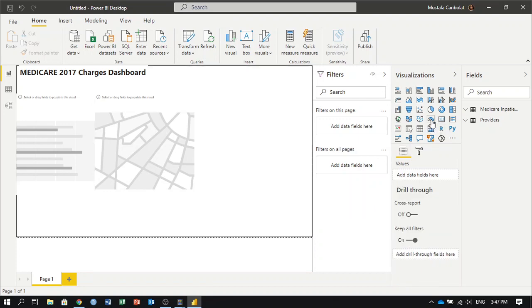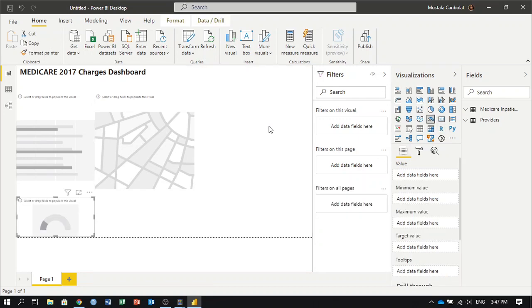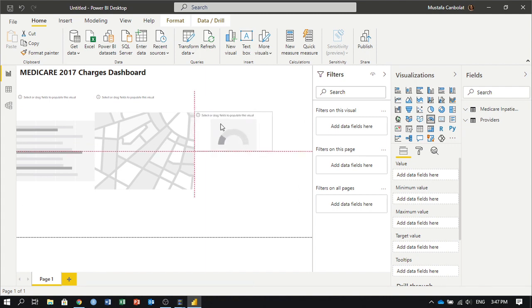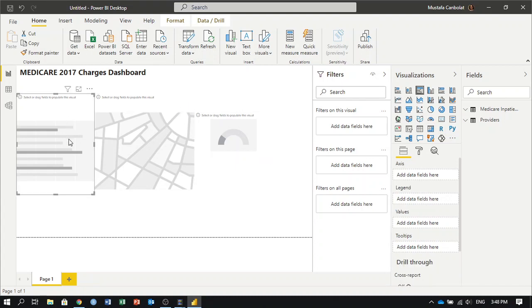Let's just add also maybe a gauge, and when I click on the gauge, I can also put it in here. Okay, so maybe somewhere there, and this is my gauge to kind of consider, and that's it. We're going to put a little bit more information. Let's just add now something to the